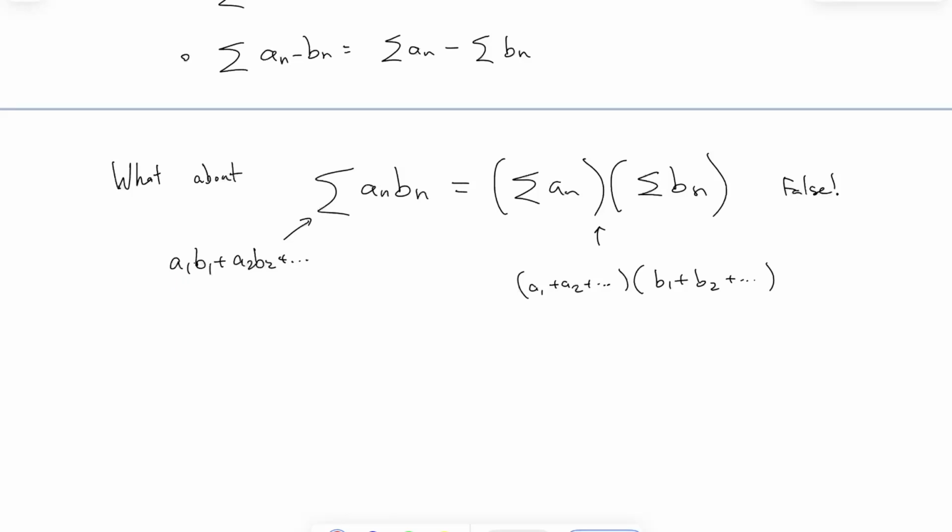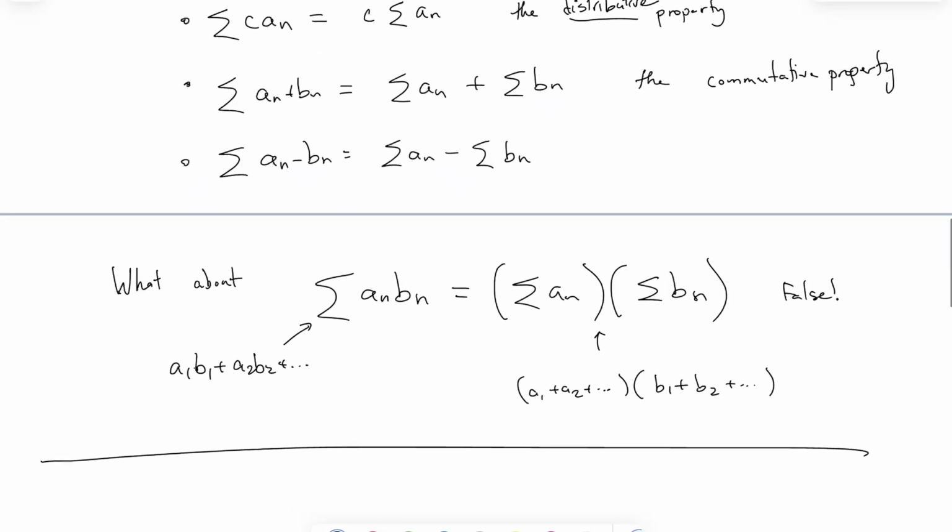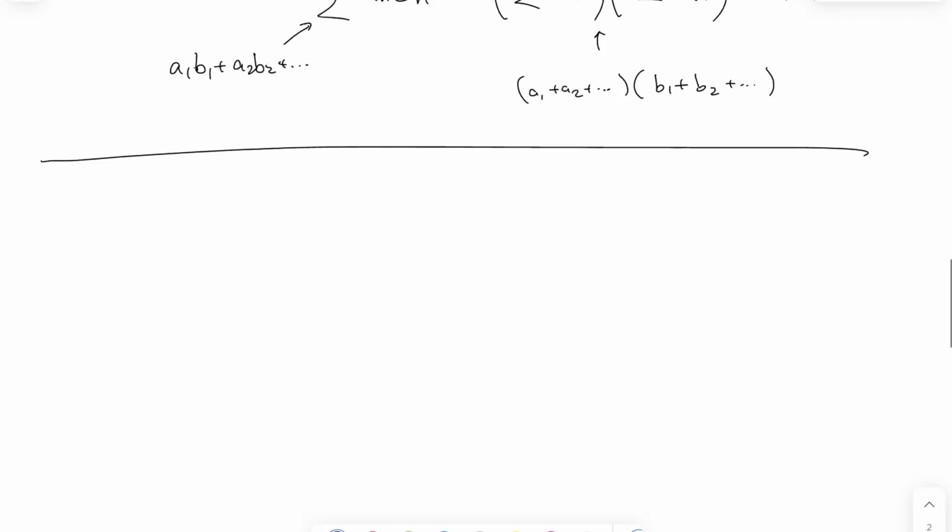So these two things on either side of the equal sign are very different, and that's why we are not talking about multiplying two series together. This is a much more complicated operation than just multiplying the terms together. All right, but anyway, there is no such rule about multiplication, but these rules here about constant multiples and addition, they really do work. So we can